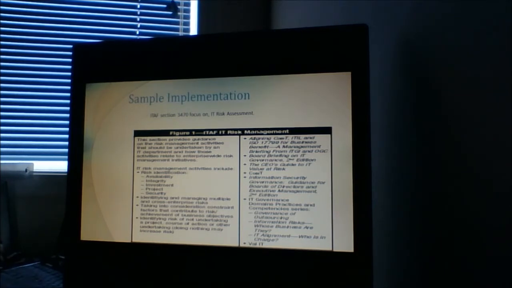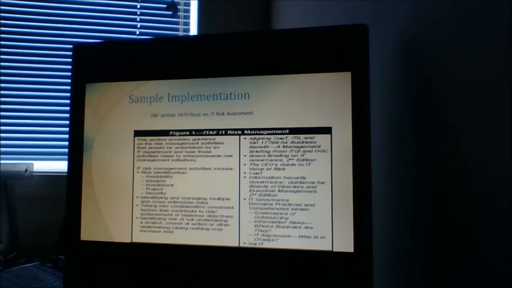The third area takes into consideration the factors that can negatively impact the company's ability to achieve its business goals. The final area is determining the risk of doing nothing, when such inaction can result in increasing risk. So this is an effective tool that can be used by IT assurance or audit professionals to do their IT audit on IT risk assessment.